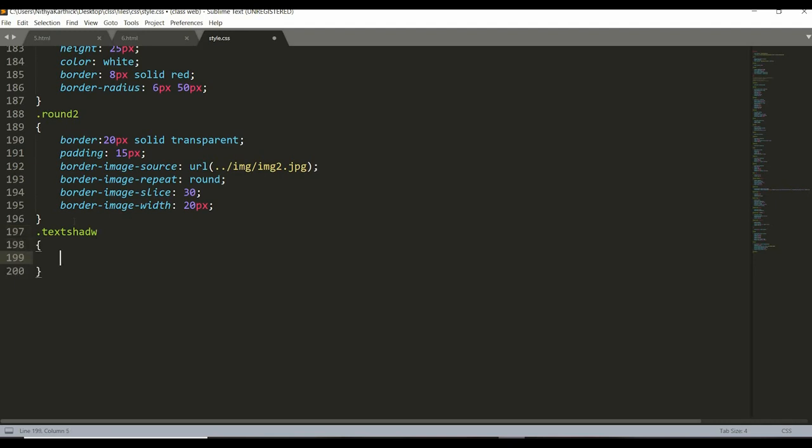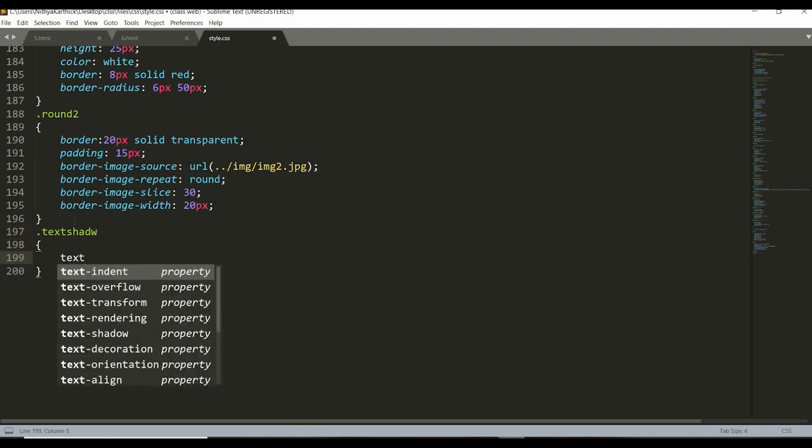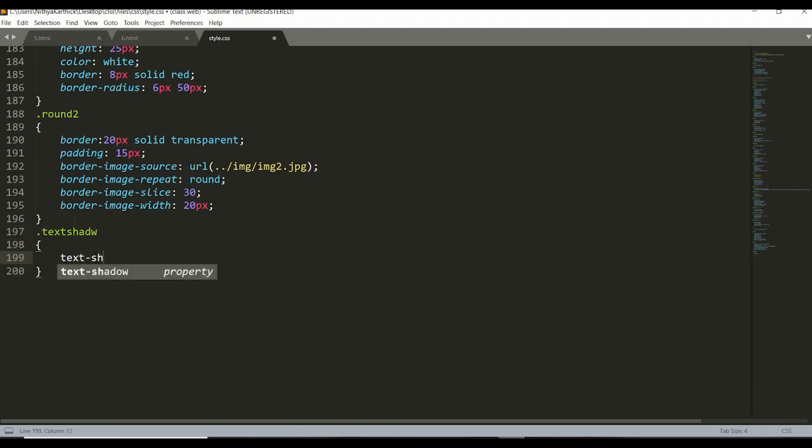Inside this I can give text-shadow. Basically it comes with two parameters, and another one you can give 3 or 4. This is up to you.